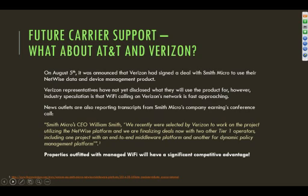Smith Micro announced with Verizon that it had signed a joint deal to use the Smith Micro NetWise data and device management product. So the issue is whether or not this product will be used not just for things like data offload, or whether this is a harbinger of potential Wi-Fi calling from Verizon. So tough to read into it. No one explicitly said that was the case, but if you read the Smith Micro blurb, what he said was,